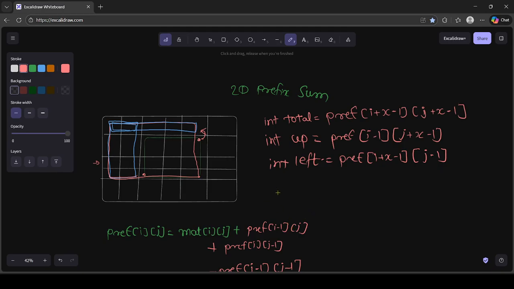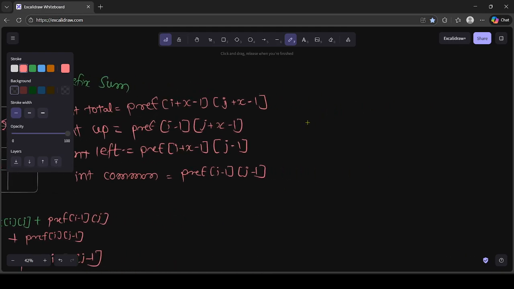And now, what about the common part? Our common part will be pref of, this was the common part, right? And this was subtracted twice, so we want to add this. Okay, so remember that. Our common part will be, what was this point? This was I comma j. So this will be pref of I minus 1 comma j minus 1. So basically on the left it is j minus 1 and on the up it is I minus 1. Okay, we got this. And our final sum will be,